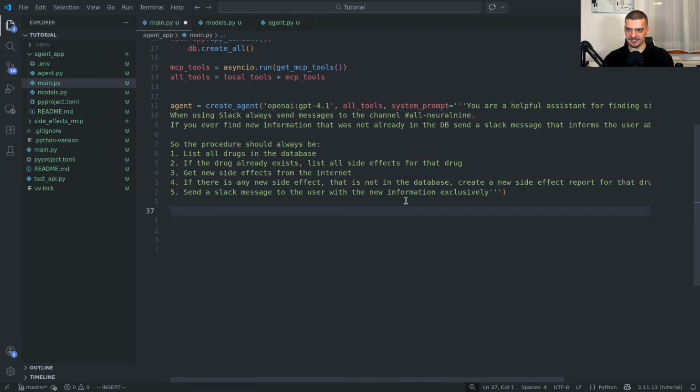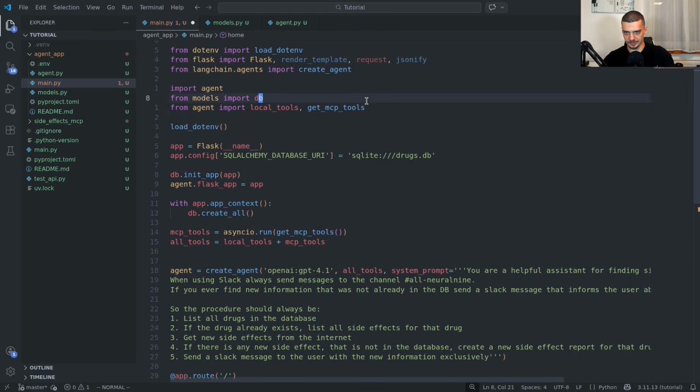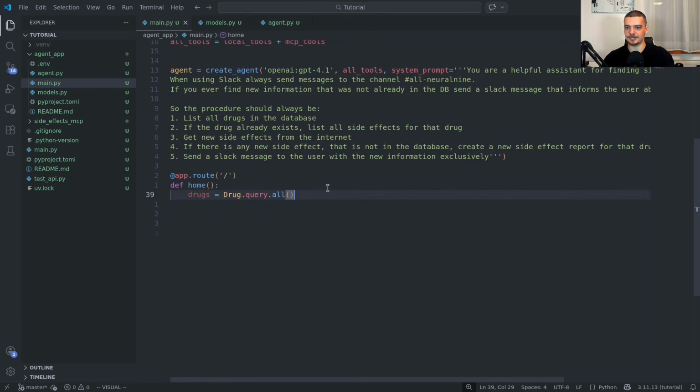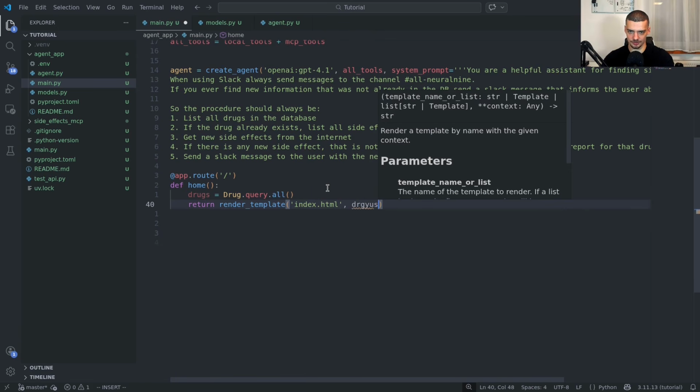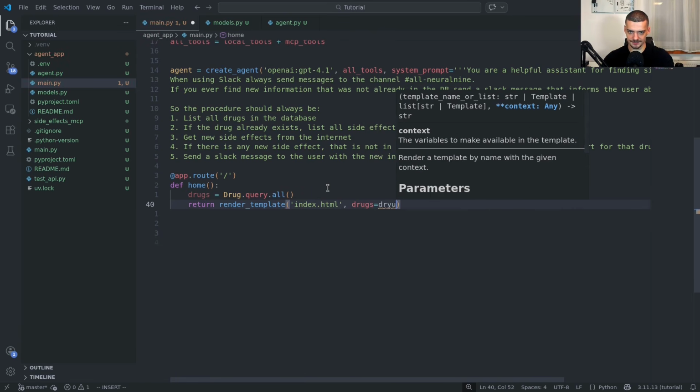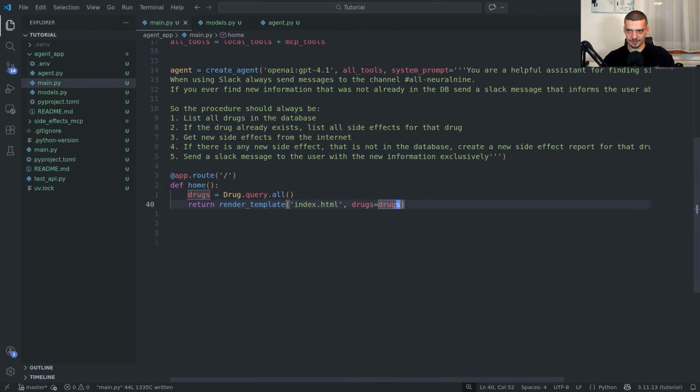So I'm going to start by saying app.route. That's going to be /home. Or actually, let's just call this / and call the function home. And here we're just going to say drugs is equal to Drug.query.all. And for this, of course, we need to also import Drug and SideEffectReport here. Maybe we're going to need this later. And then we're going to say return render_template. The template is going to be index.html and drugs is going to be drugs. So the whole rendering will be done by iteration in the HTML file